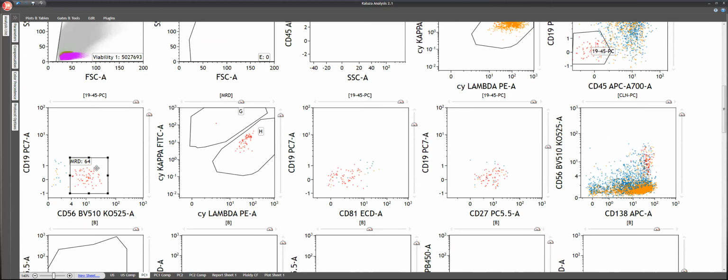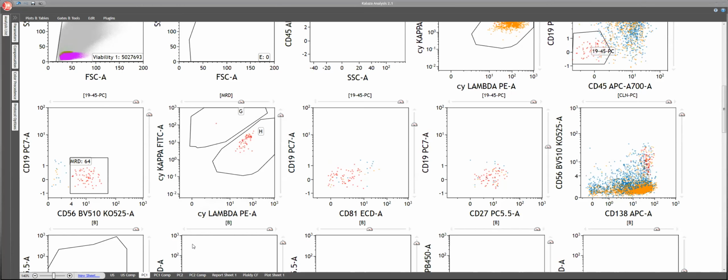So if we add them, 64 plus 23, it would be 87 in almost 10.6 million cells. So we can calculate 87 events divided by 10.6 million here, right? 10.6 million. Okay, so it will be